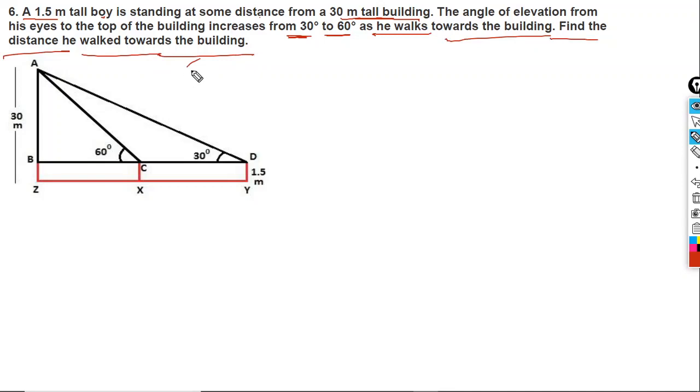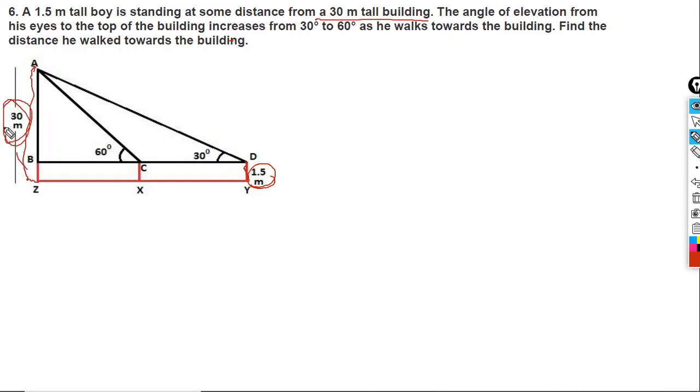So what is given to us? A 1.5 meter tall boy is standing here, suppose at a point Y, at some distance from a 30 meter tall building, so there is a building AZ whose height is 30